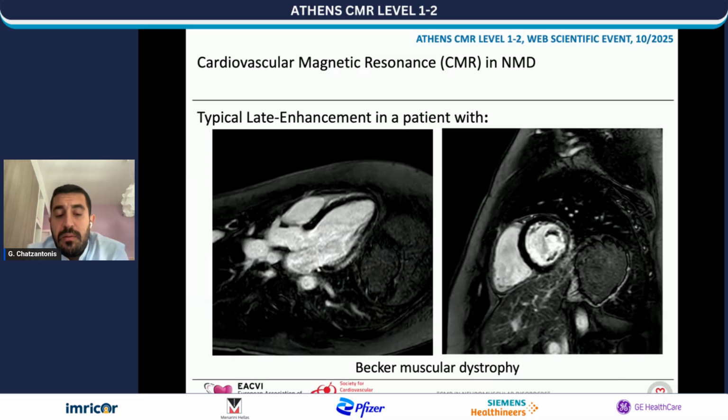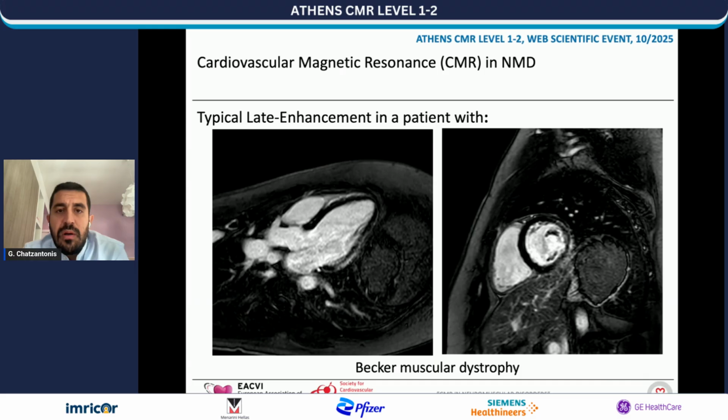And from my personal data of patients, that is a patient with a Becker muscular dystrophy, a typical thin subepicardial late enhancement in the basal inferolateral wall. And as you see it in the short axis, it extends to the lateral and almost anterolateral wall. It's not easy to make the diagnosis, so this is nice to see, and one can really extract the image easily and see the subepicardial late enhancement, but it can be related with a previous myocarditis, for example.